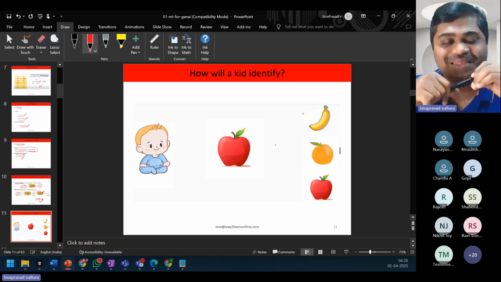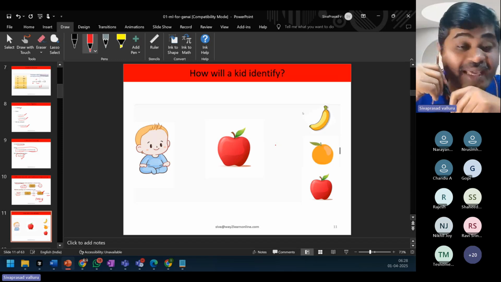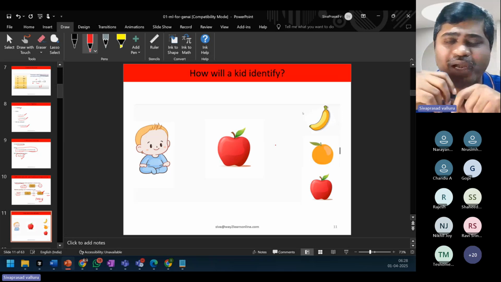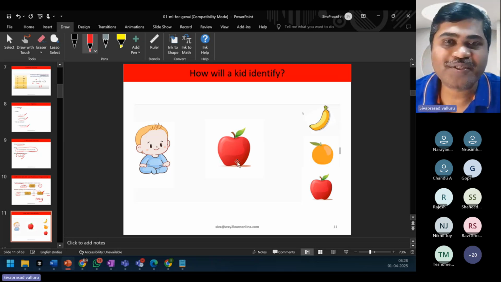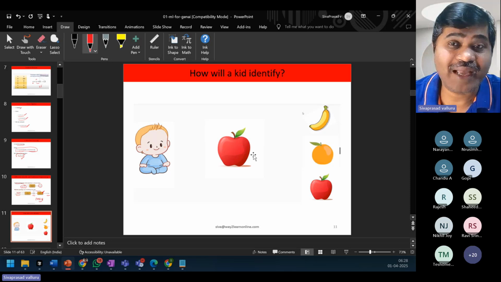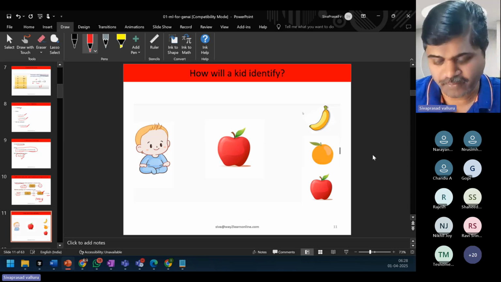Now, just to talk about machine learning, normally as a kid, my kid, how did we make him learn? Let's say we show some different kinds of fruits and tell, okay, this is an apple, this is a banana, this is an orange. So the kid will identify once we actually tell him, right?